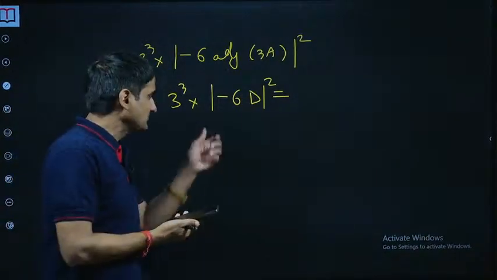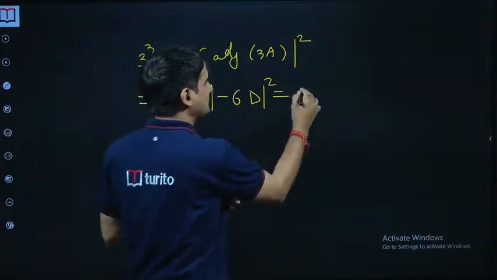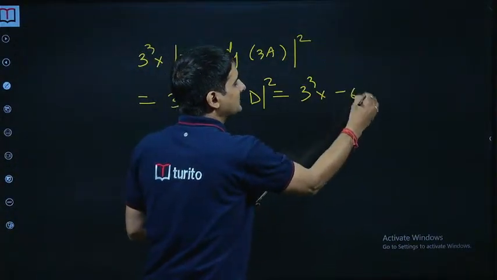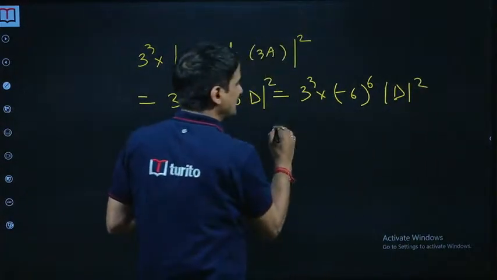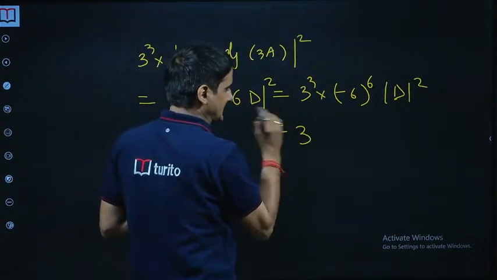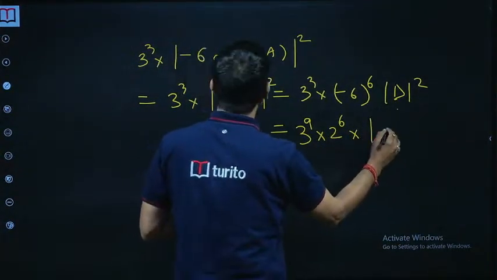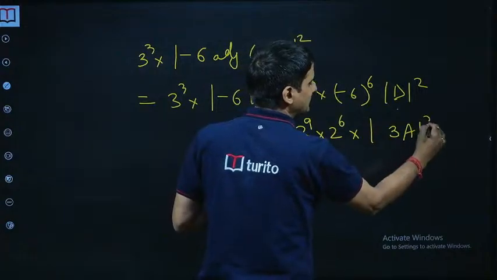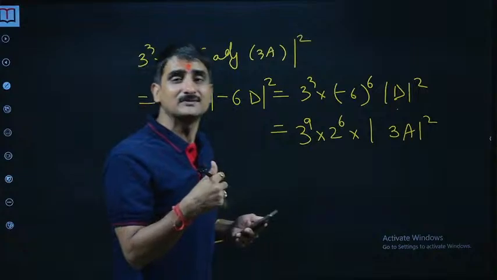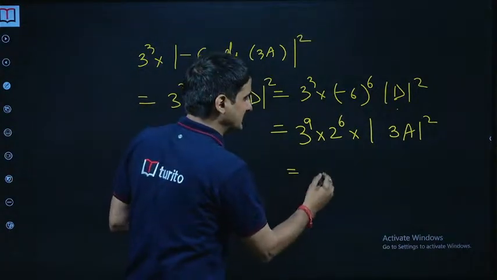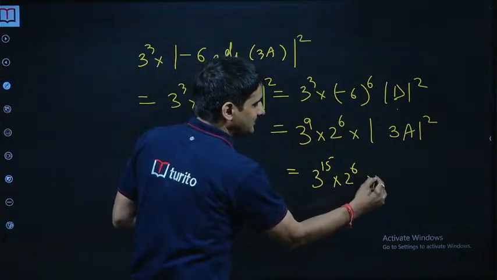Now again, you will take -6 out of it, so -6 cube, but since you have the square here, it will be 3 cube into -6 raised to the power 6. I think all of you will agree, determinant of D whole square, and this is 3 raised to the power 9, I believe, isn't that? 2 raised to the power 6 into, what is it? So it is nothing but determinant of 3 times A whole square, and again it's 3 times determinant A. Okay, 3 times matrix A, so it will be 3 cube whole square, 3 raised to the power 6, so 3 raised to the power 15 into 2 raised to the power 6 into